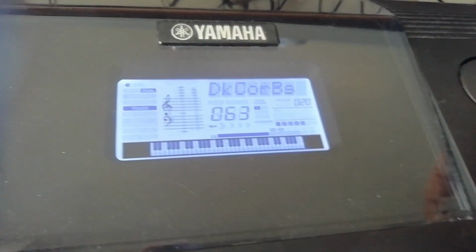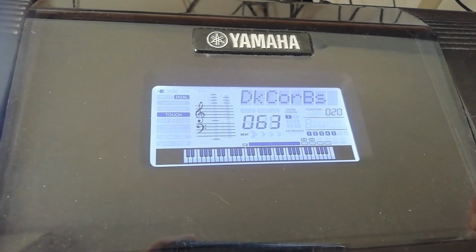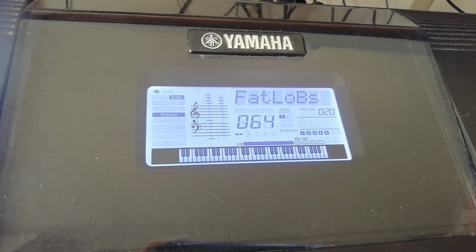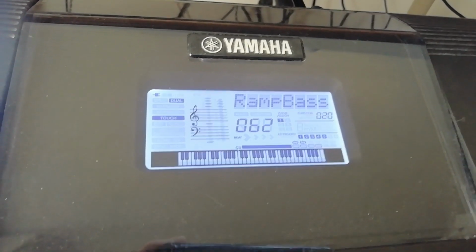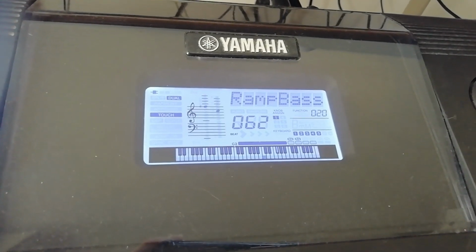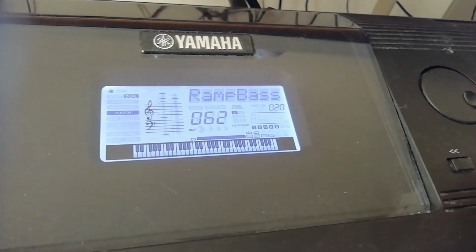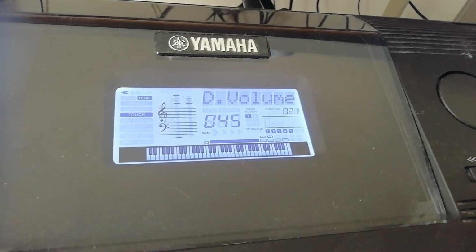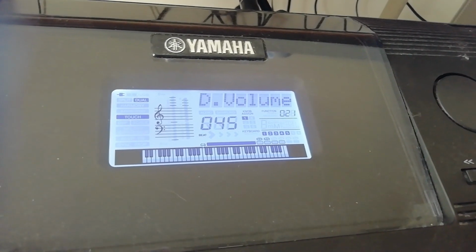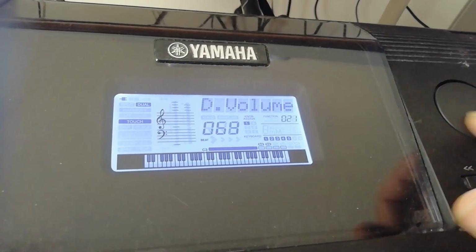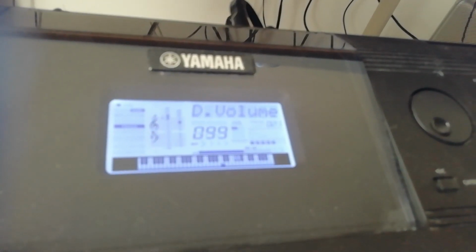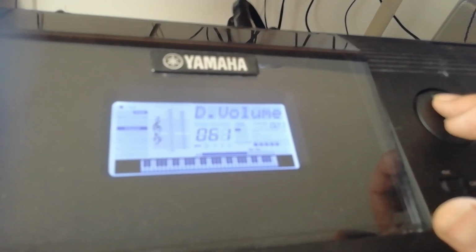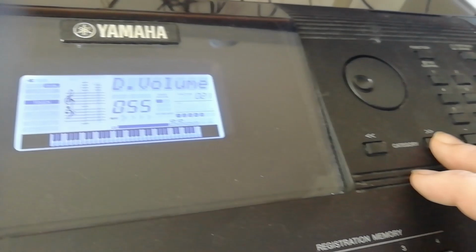Here I have the D voice menu. So those are of course the voices. Then you have the D volume. So that is the dual volume, let's say, whether my second instrument is louder or more silent.